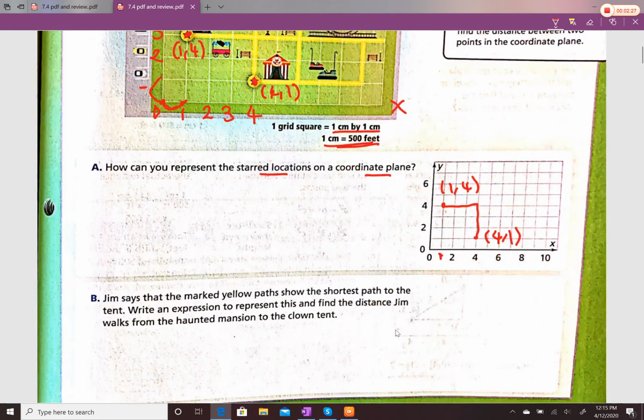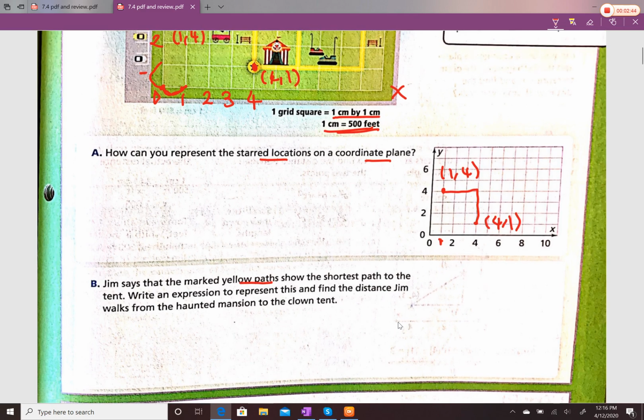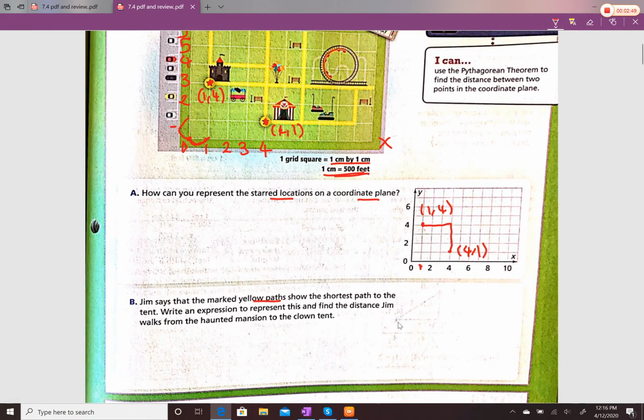Okay. Now, in this second question, Jim says that the marked yellow path shows the shortest path to the tent. Write an expression to represent this. Find the distance Jim walks from the haunted mansion to the clown tent. That means we are going to assume that we are walking with Jim's path. And Jim is walking from the haunted house. That means this place, 1, 2, 3. So this is 3